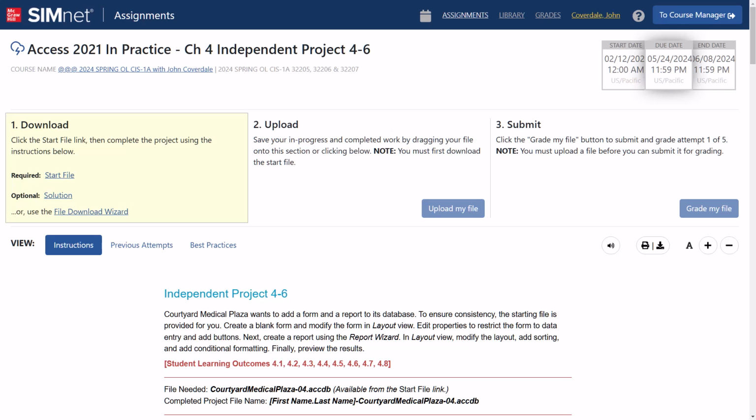In this video, we're going to be looking at Access Chapter 4, Independent Project 4-6 in SIMnet. I'm John Coverdale and I'll be taking you step-by-step through this project. When we're finished, I'll submit my files and get my grade. If I make any mistakes, I'll show you how to fix them so that you can get full credit for